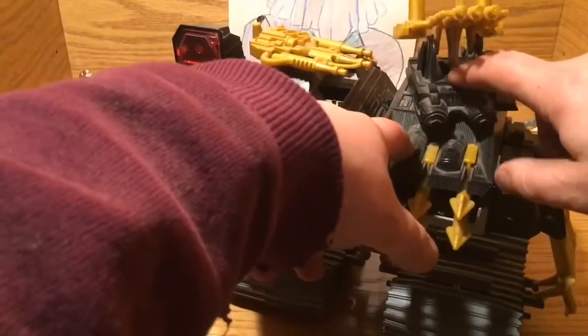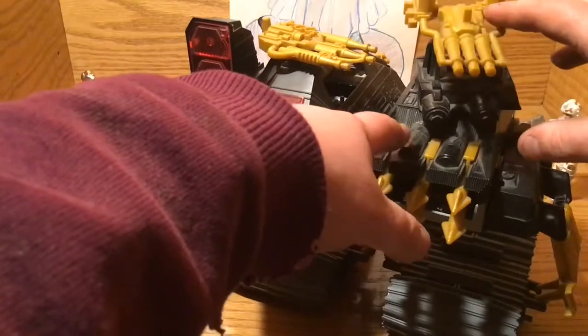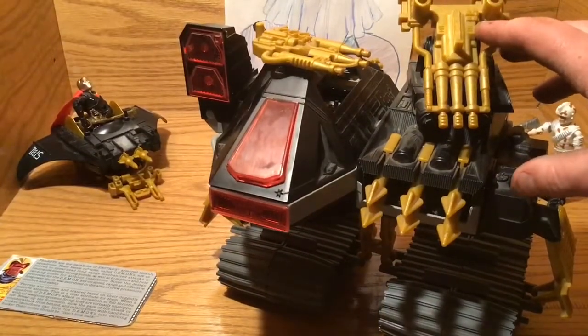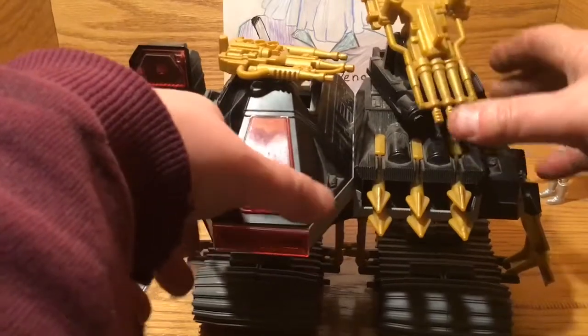Now, another issue I have with this thing: it is supposed to have a clamp here that's supposed to ratchet, and I accidentally broke mine. On that one, it's still good, which is kind of funny. On the broken one, it still works. On the bad one, or on the good one, it's broken. But what you're supposed to be able to do is